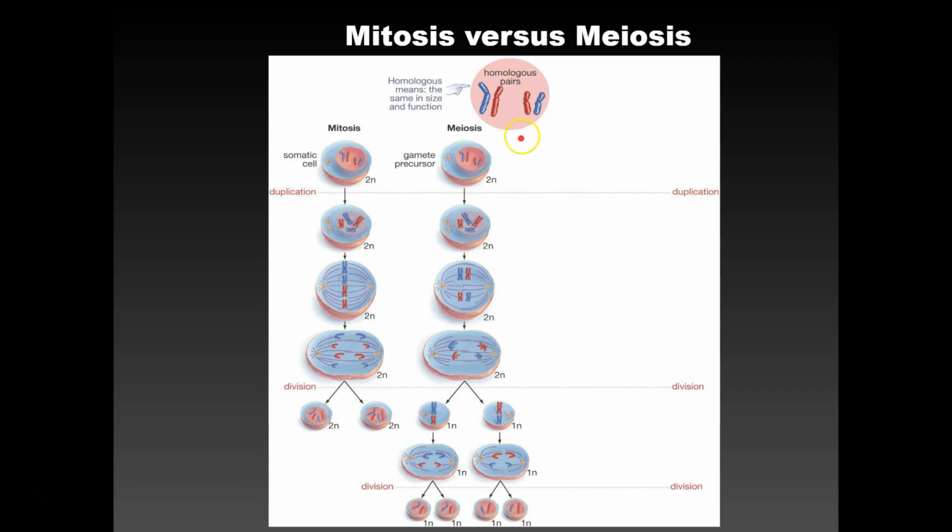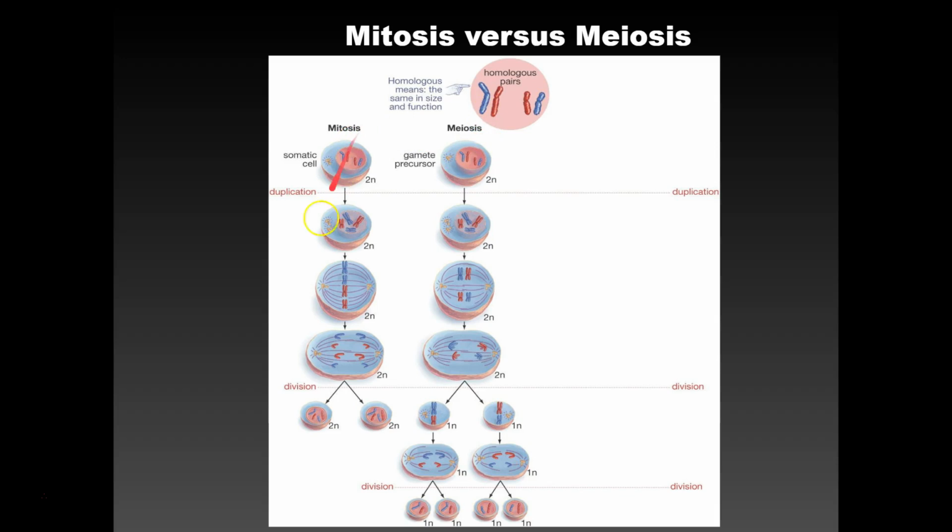All right, this image here is talking about homologous pairs. Let's say this blue copy is from your mom. This is her set of chromosomes that she gave to you. And this red set over here is from your dad. This is the set of chromosomes that your dad gave to you. These are homologous, which means they have the same size, the same functions, and they code for similar proteins. These are not identical, but they are similar to one another. Again, this is the one from your dad, this is the one from your mom. They have similar genetic patterns on them.